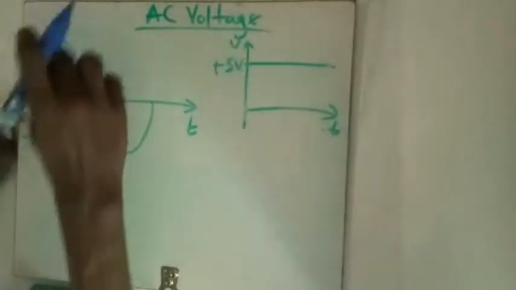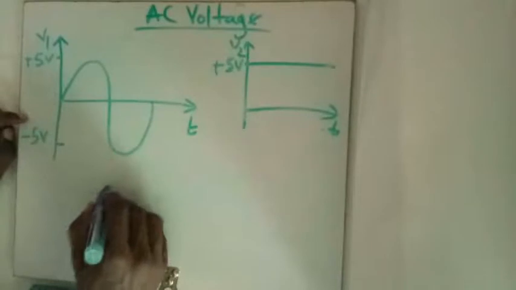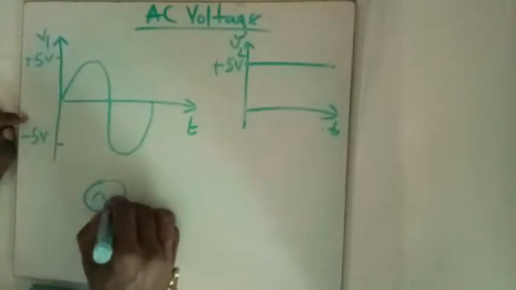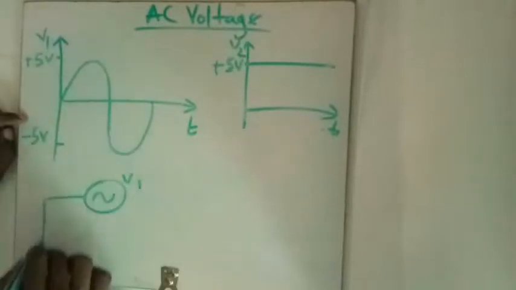Now let's call this V1 and V2. V1 is an AC source. So if this is a voltage source V1, I connect this to